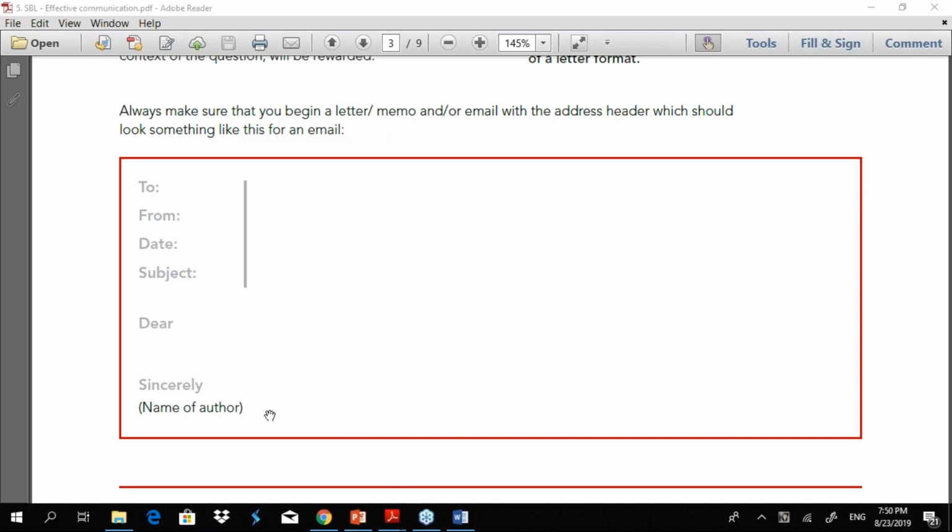Understand it like this: when your boss wants you to prepare a report, you can't provide the content in a memo format or a letter format. It should be in a report format. Similarly, if he asks you to prepare presentation slides, you can't give him a report. You have to give him presentation slides. So that's exactly what's happening here in the examination. Stick to the format in which the question is being asked.